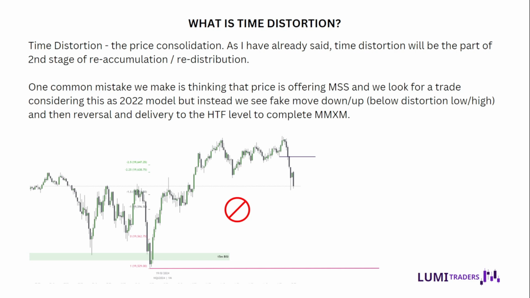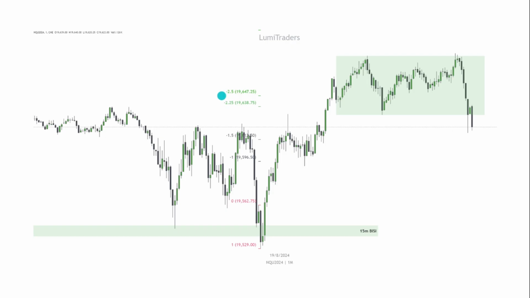That was kind of interesting because 20% of answers were a 2022 model, but it wasn't. So this means it was called live as well. We can see we entered this range between 2 and 2.25. Actually, let me open the next slide. This range, right? We started consolidating right here. What I want to anticipate is price breaking below the distortion low, creating what? An inversion fair value gap. Also, we entered a fair value gap right here, and then I would like to wait for